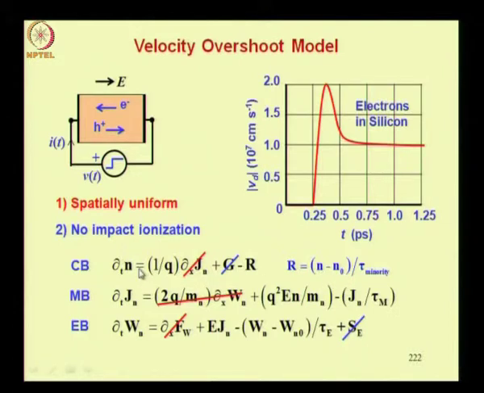Now under steady state conditions, when ∂n/∂t is 0, r has to be 0 because other terms are 0. So again under steady state conditions also your n is equal to n naught. So initial condition at t equal to 0 when the electric field is stepped, n is equal to n naught, finally also n is equal to n naught, and if you now substitute this form of the recombination process here,